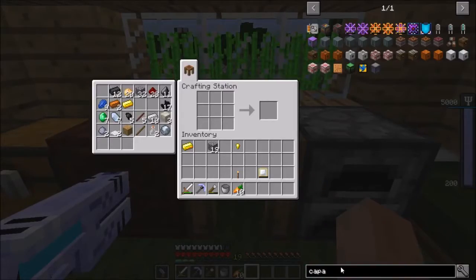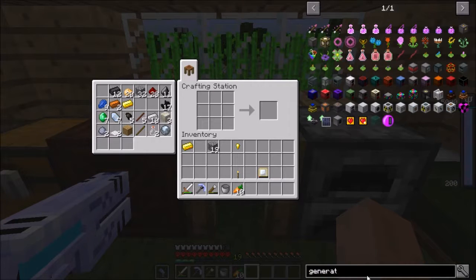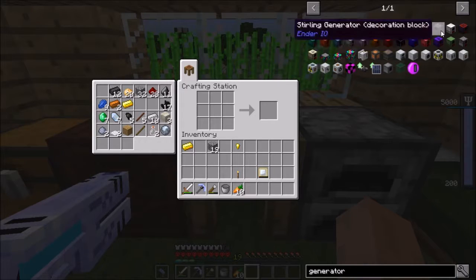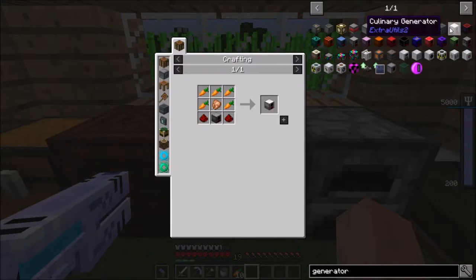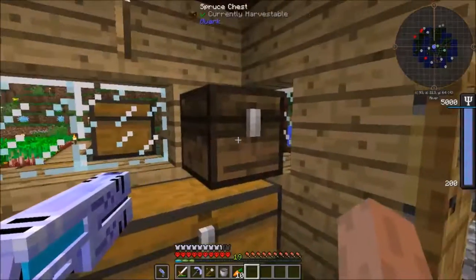Okay, now what kind of generator do I want to make? Generator. Okay, we have lots of options now. Culinary generator basically makes energy from food. That's kind of cool. That'd be easy to make. We've got plenty of food nearby, and oh, that reminds me, I forgot to